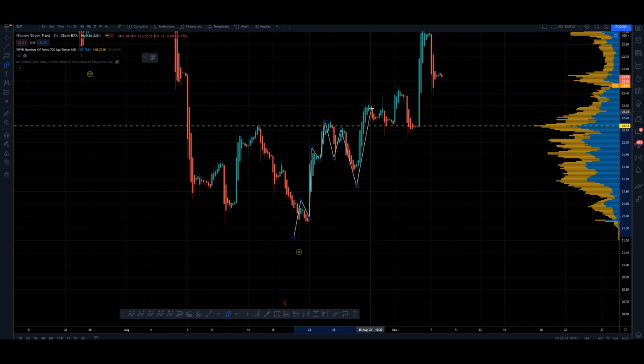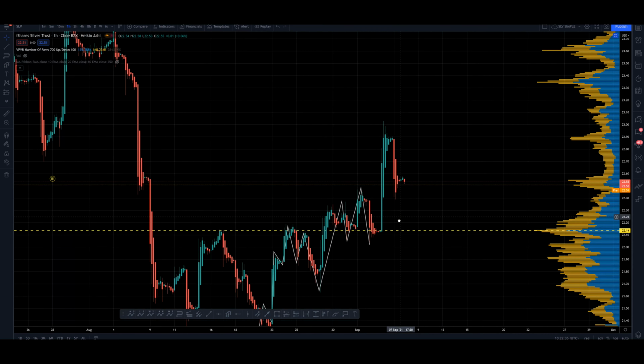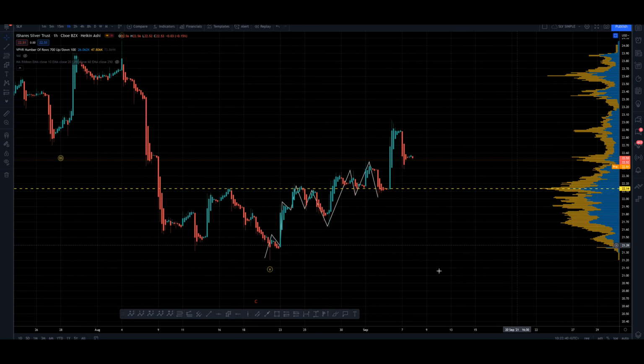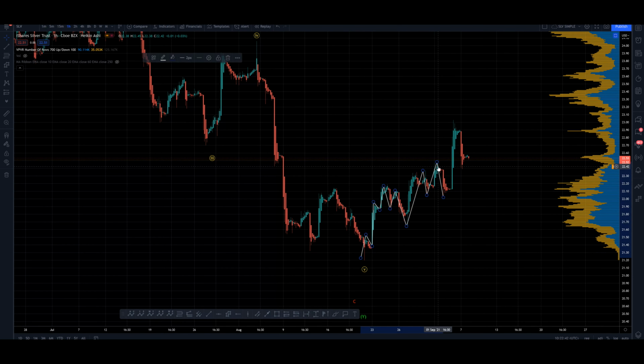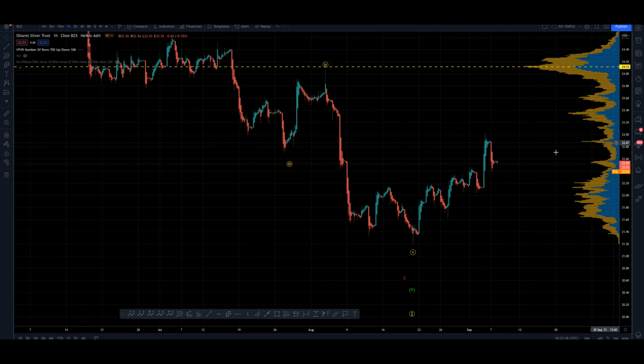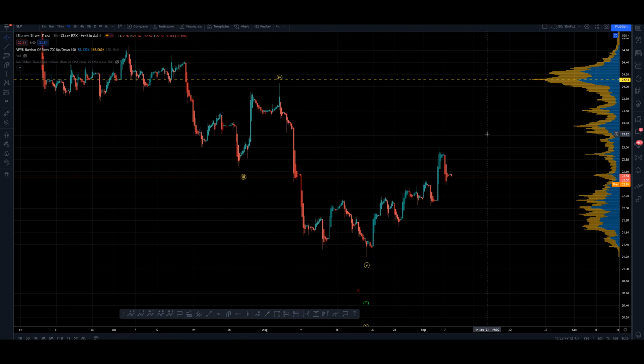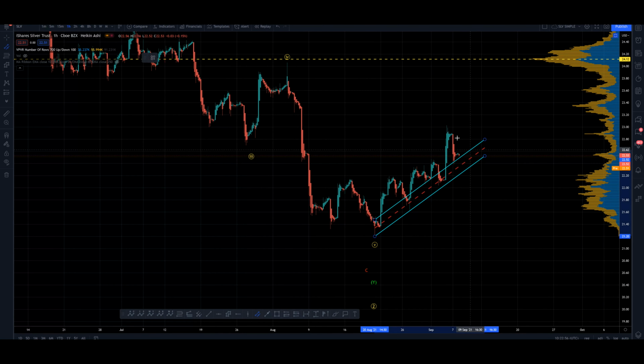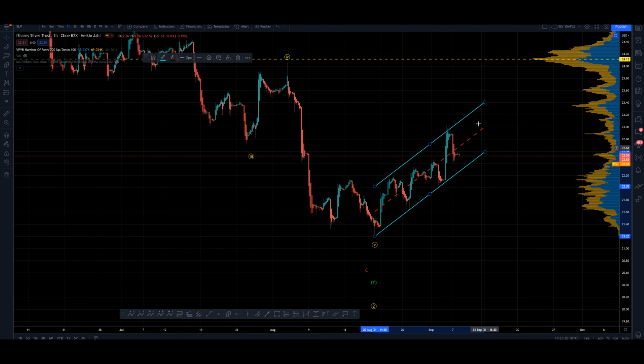So it could be that into 1, 2. And then this could be 1, 2 as well, which I think at the moment is the only way of looking at it from an impulsive point of view, from a bullish point of view. So this is either the beginning of an extension, or this is just more corrective activity before we break lower again. So let's just whack a channel around this, since it is corrective. Well, it might be corrective, it might be impulsive. Either way, we're trading up in a channel at the moment.